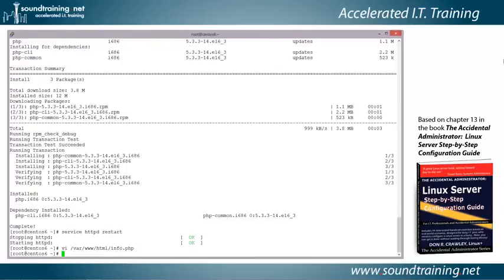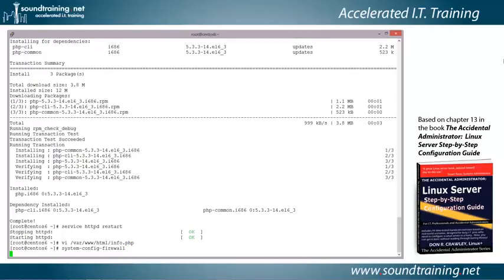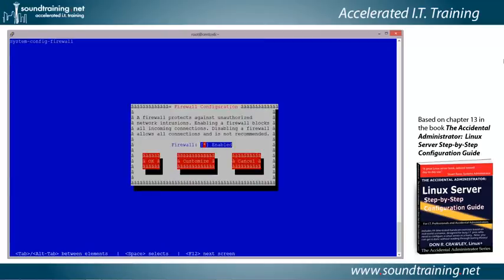We're back in our command prompt, and let's use the command system-config-firewall. You could go in and modify IP tables manually, but that's a pain in the neck, and there's lots of opportunities to fat finger typing, and it's just easy to do it this way. So this opens up our firewall configuration dialog. It's got some kind of weird stuff here because I'm going through SSH, but what we want to do is